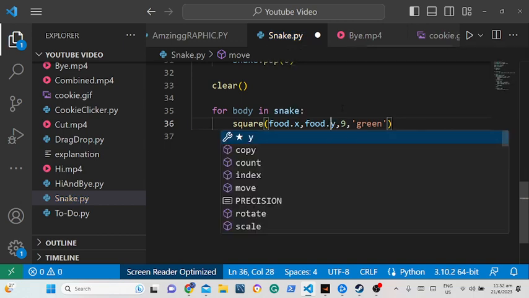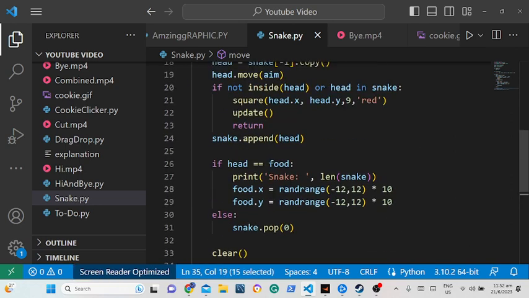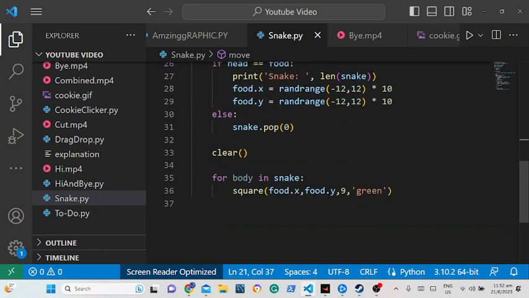If we go to the top, we had the same thing for body in snake, but it was if not inside head or head in snake, we put it to red. That means the snake has died. But this is for the player moving. So after we have our for body in snake,